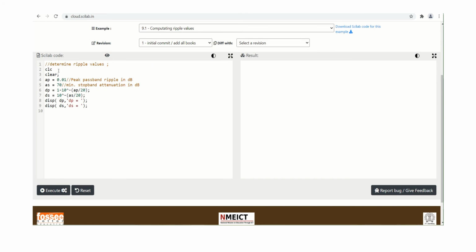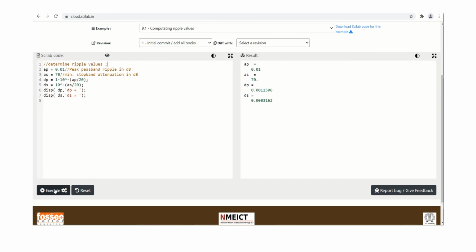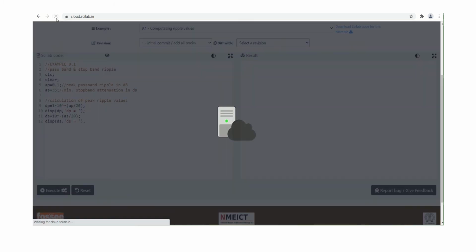Now I will remove this clear command and we will see what is happening. So still you can remove that clear command. You directly go for the CLC, and if you remove CLC, we will see what will happen. So again I will remove this and refresh this code.